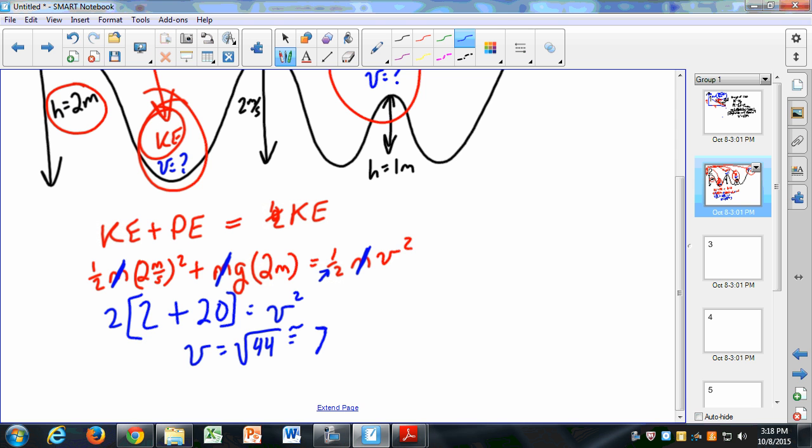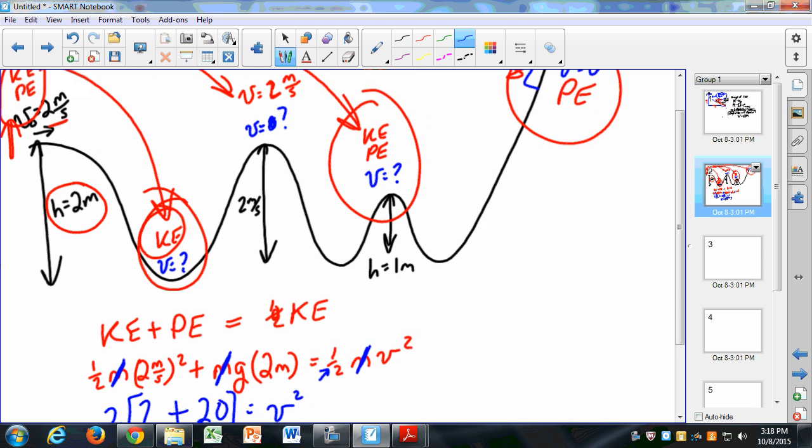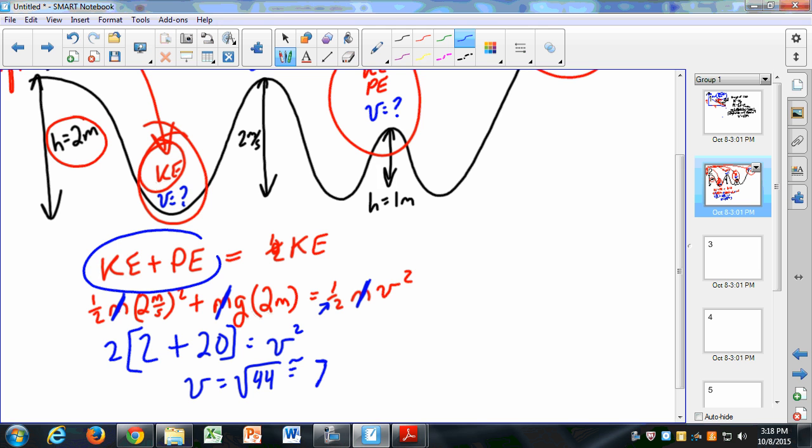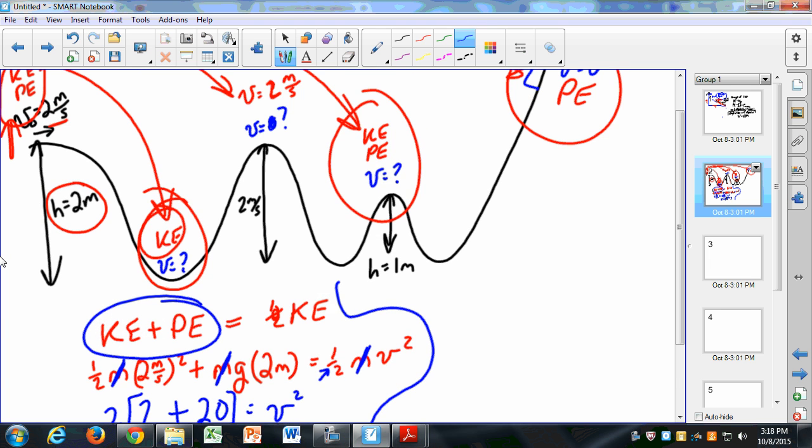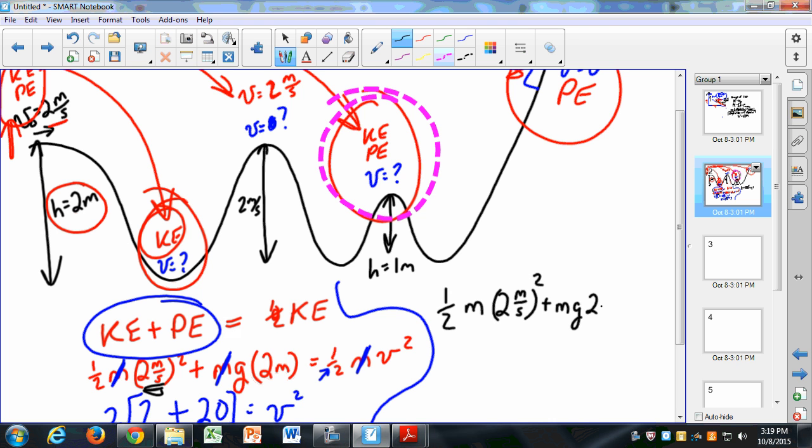Okay? And then for all the others, it's exactly the same procedure. I'm just comparing my energy in the initial state with the energy in whatever state I'm considering. So sometimes it's a little more complicated. For example, for the next one, I'll look at this one right here. Because now I don't have any terms that go to 0. I have kinetic and potential for both of them. So it's going to look like this. I'll have 1/2 of m times v squared. That's that 2 meters per second that we saw over here, plus m times g times 2 meters. That's the same as what we had over here, equals